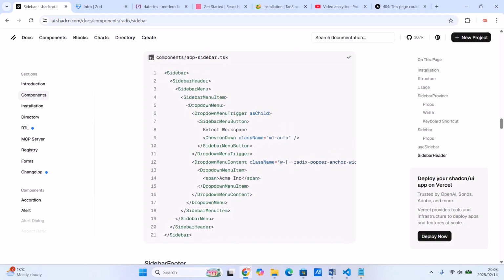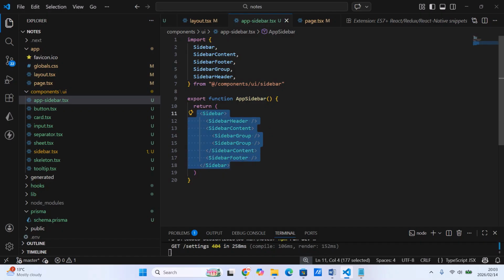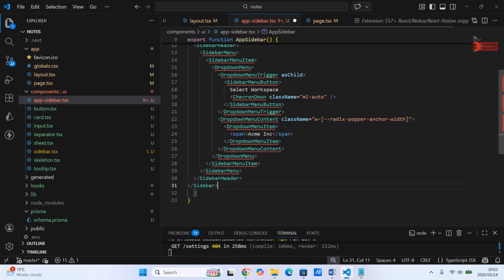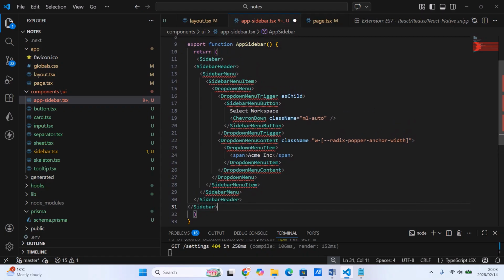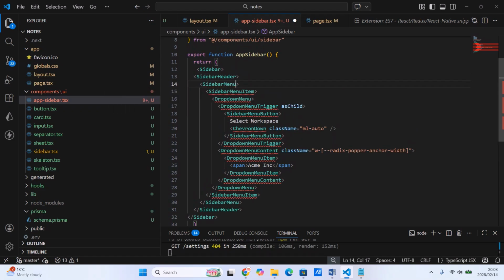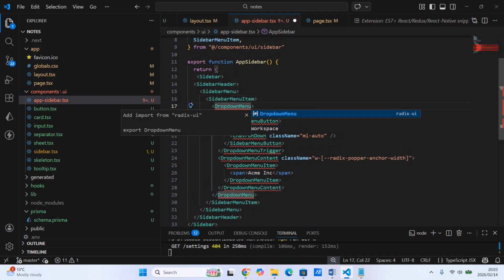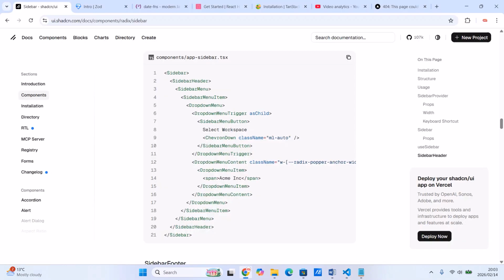As you can see, it has got some dropdown as well. Let's go back here. Excuse me. Let's paste this. As you can see, there are some things that are not here. Let's see the ones that we can import, and see the ones that will need to be installed. This is a dropdown, shadcn dropdown. So let's just go back here